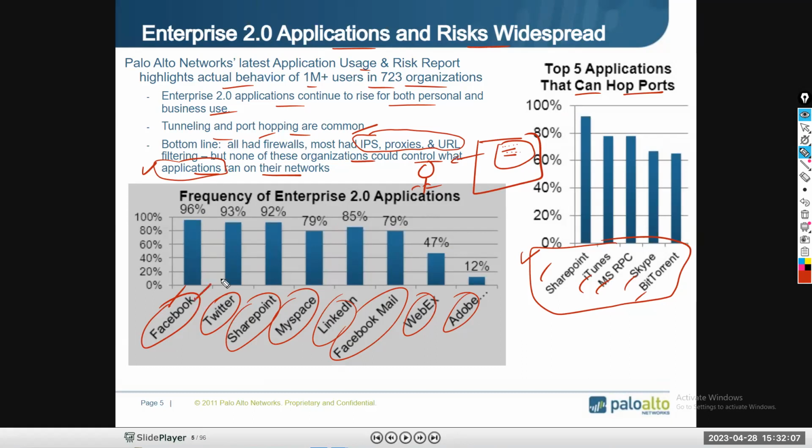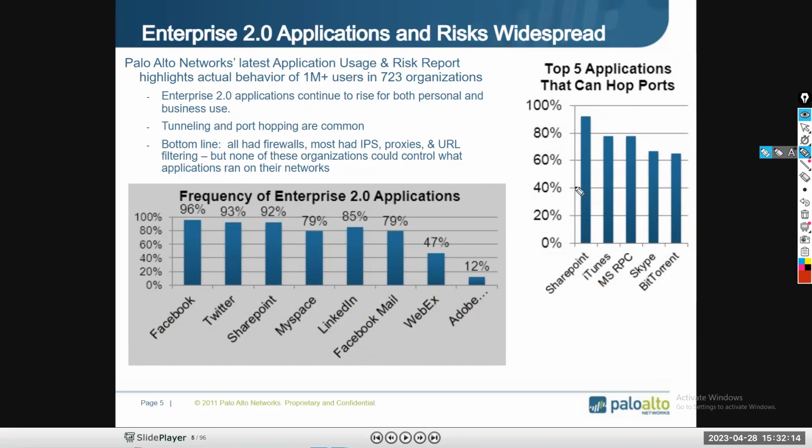If you have such a fake application like Facebook or Twitter, the firewall is going to check whether this application is authentic or not, whether it's a fake or an actual one.